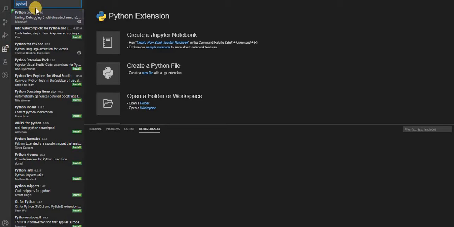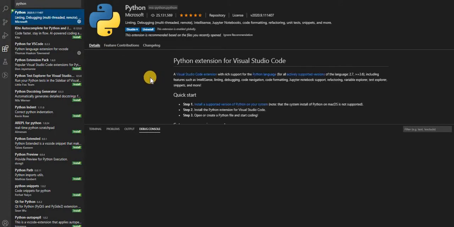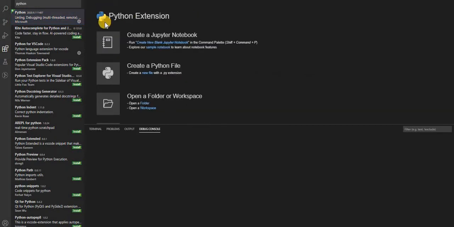So now first check whether Python is installed or not. I have already installed it, but for this you have to write Python here. The first one that generally comes is for Python. See here, I have already installed it. So you just have to click on install. It will directly install on your machine. Simple. Let's create one simple file. By default, this will come to your path.